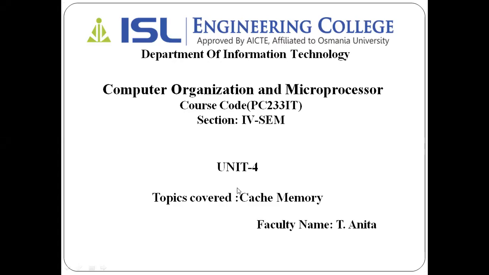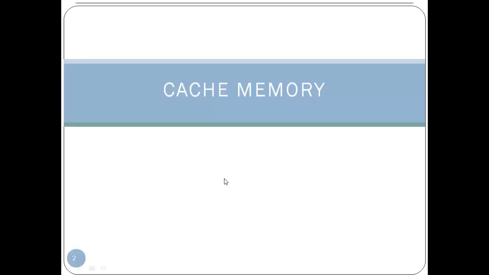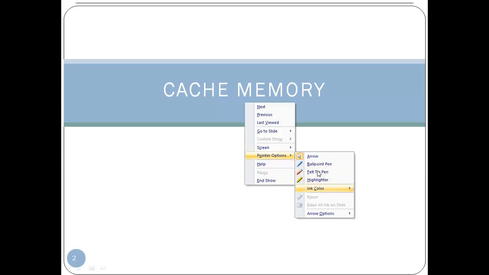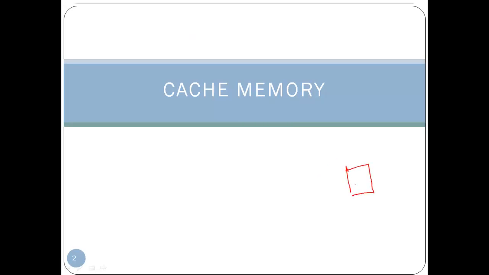Mapping the secondary memory with the main memory, we call it paging, right? That we'll get to later. So we have to map the secondary memory with the main memory. When we map the secondary memory, this one, with the main memory, this one, we call that technique paging. By making use of the paging technique, we synchronize both the secondary memory and the main memory.